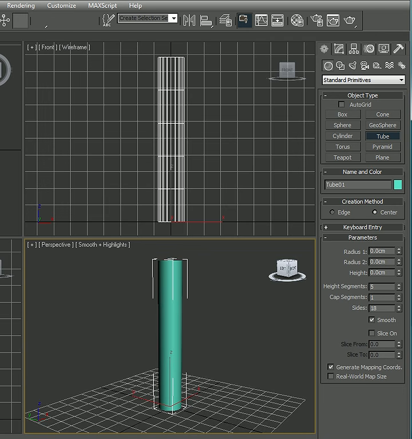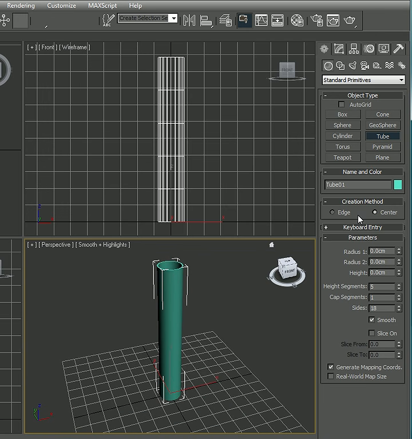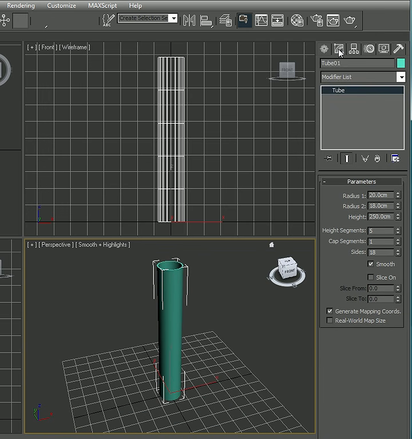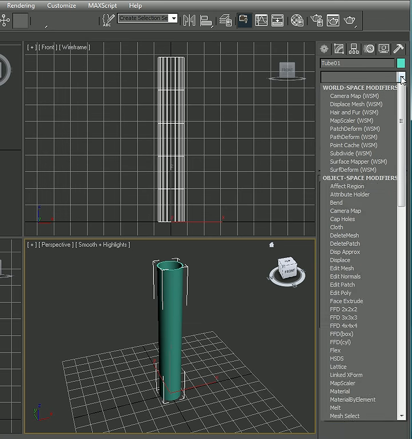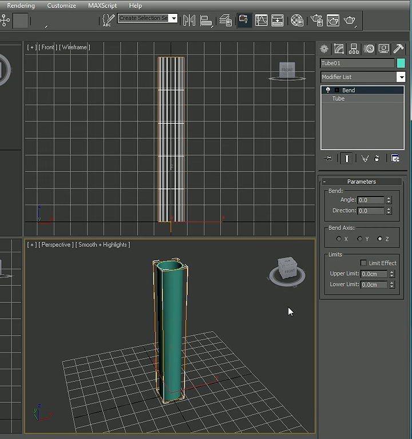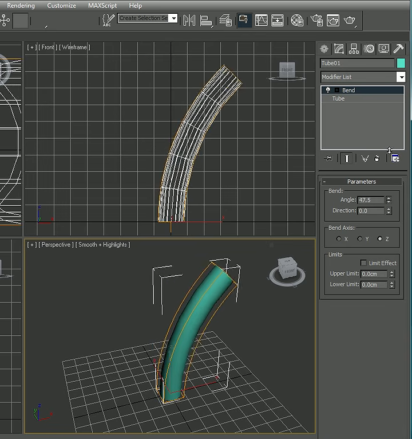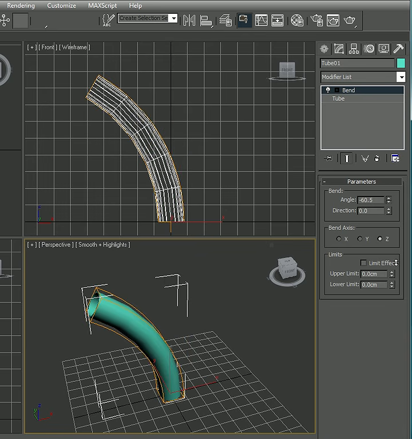Now we need to bend the tube, so next thing we need to do is to go into the modify and the modifier list, and then scroll down till you get to bend. Now you can see from the angle on this parameters box, if we hold down any of the keys in the spinner, you can see it bending, and we can bend it either way,